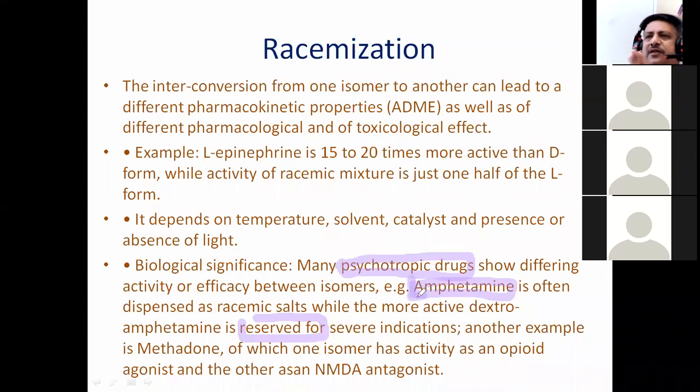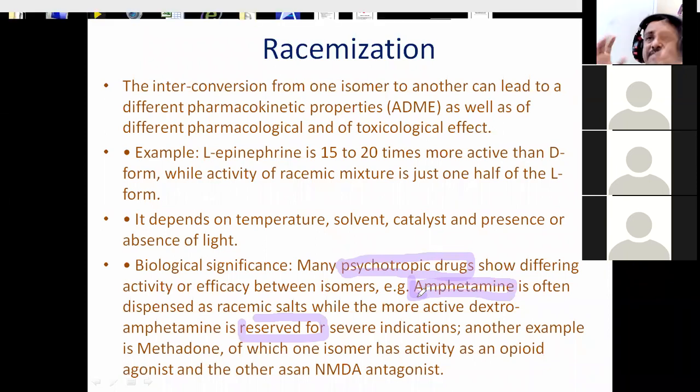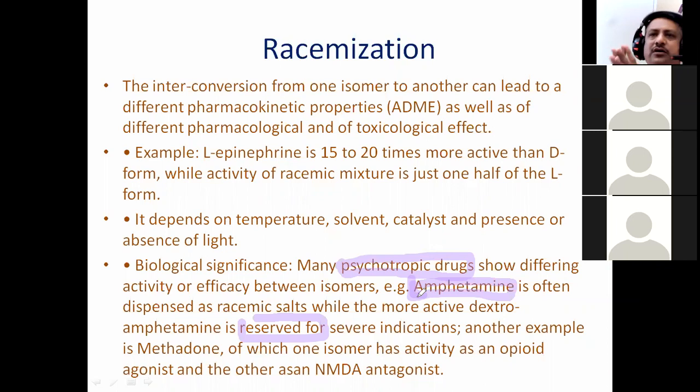In the first example of epinephrine, we have seen that if we use the racemate or racemic mixture directly, it has only half of the activity of L-epinephrine, which is the more active form. Then the second example of a drug is amphetamine, a psychotropic drug, which is often dispensed as a racemic salt, but we use the more active form, dextroamphetamine, only for severe conditions. And another example is